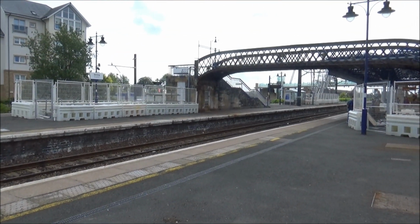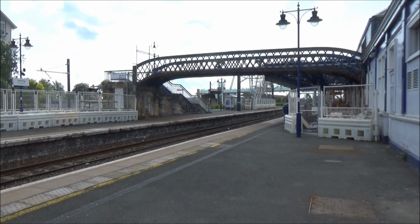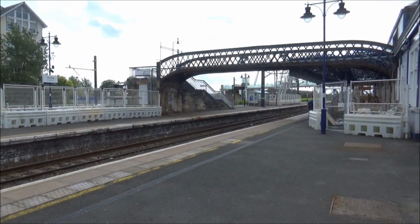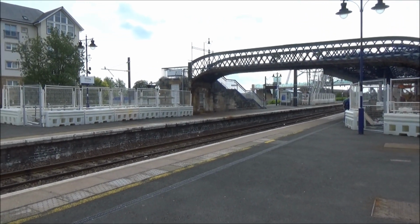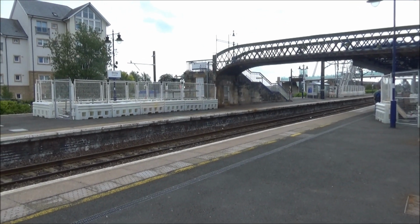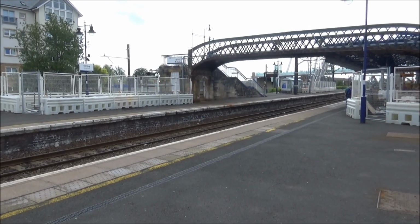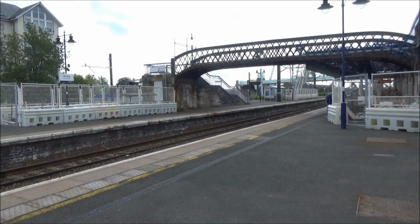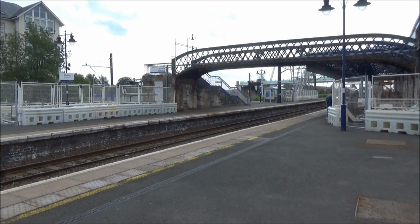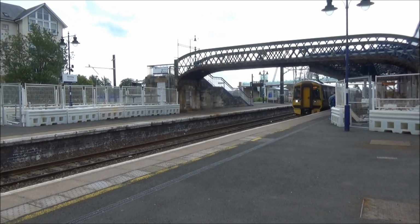Okay, approaching now is the 1101 ScotRail service to Alloa from Glasgow Queen Street, which is a 158. You know, the last time I went to Scotland about 2 years ago, they were 170s. Now, in most cases, today it's 158, it's 15713. Platform 3 will be the 1107 service to